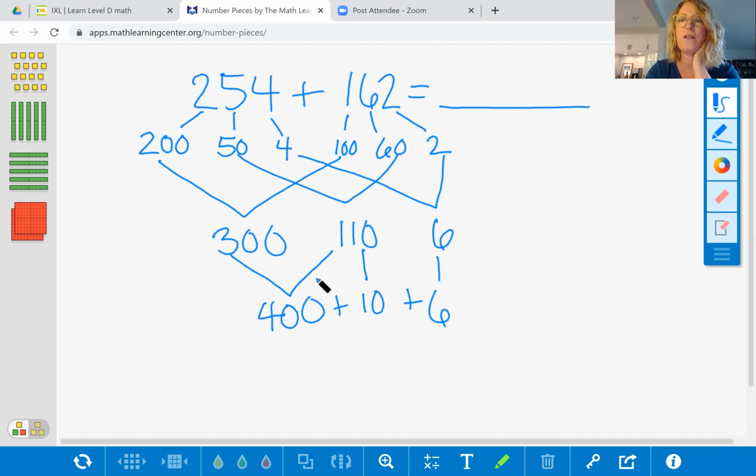Does this look an awful lot like what we just did? Yeah, what is 400 plus 10 plus 6? 416. Nice. Excellent. All right. The last strategy I want to show you